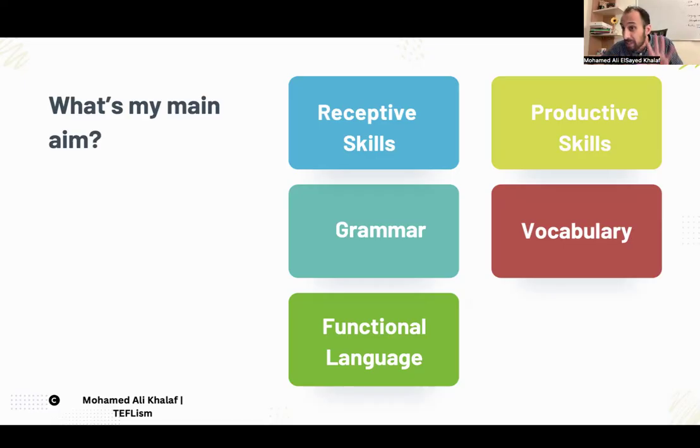It doesn't have to be everything, but at least you teach receptive skills, productive skills to two different levels. You teach grammar and vocabulary to two different levels. We need to see you able to teach elementary students grammar, vocabulary, reading, writing, and so on, or listening, speaking, receptive and productive.